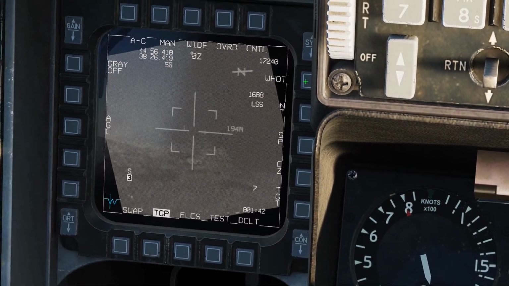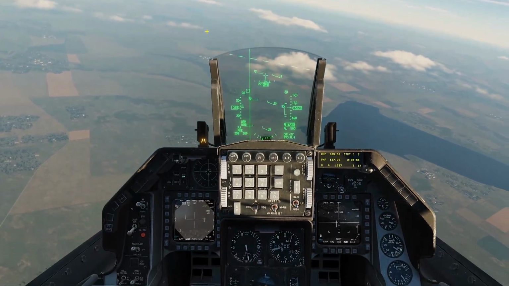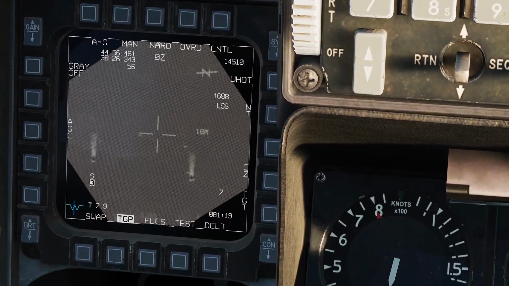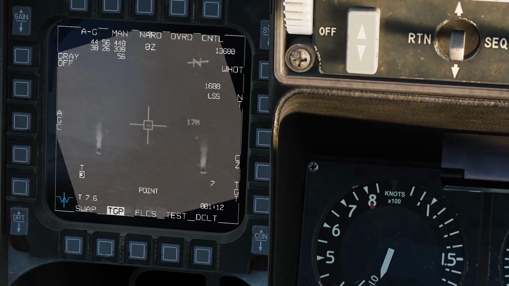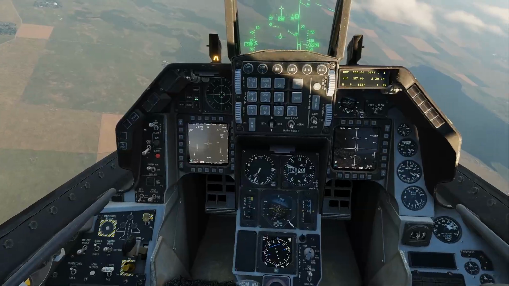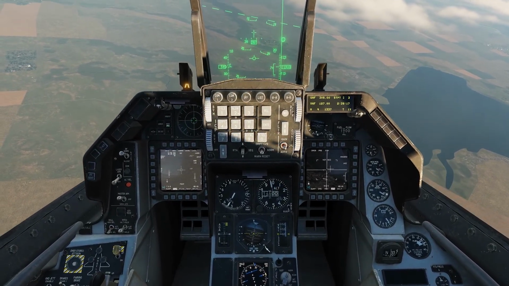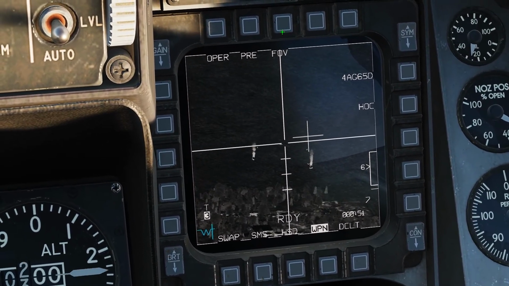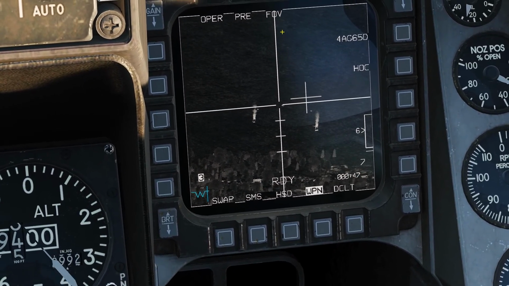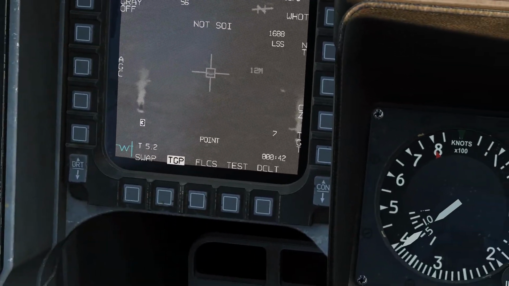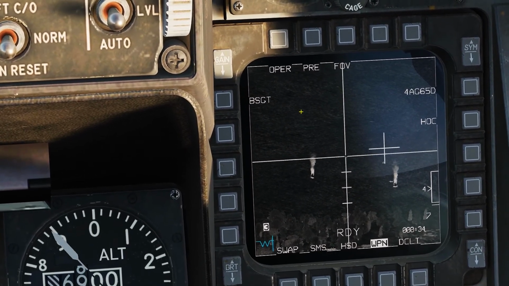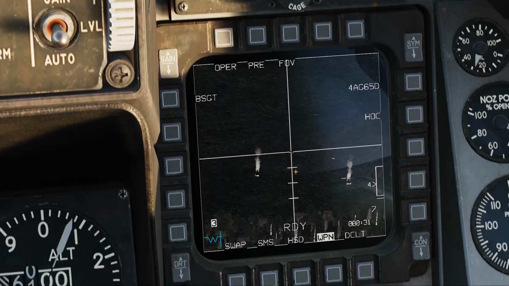Okay, PreBrief. Once you have PreBrief selected on the Maverick, you can come over here to the targeting pod, make sure it is the SOI, sensor of interest, and you're going to TMS switch up to change it into point track. You're going to select a target. Once you have a target, DMS switch down to switch over to the Maverick as your sensor of interest. FOV, and notice it's not quite on the target. So what I can do is put it on the target. Over here it's on the target, but here it's not. Once I have it on it, lock on, TMS switch up, hit BSGT, and that'll BoreSight that rack of missiles